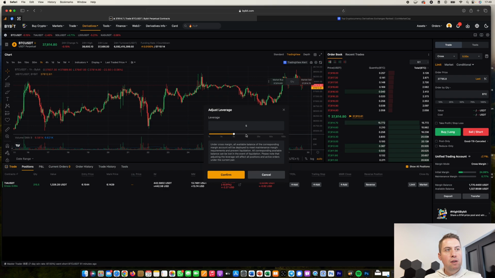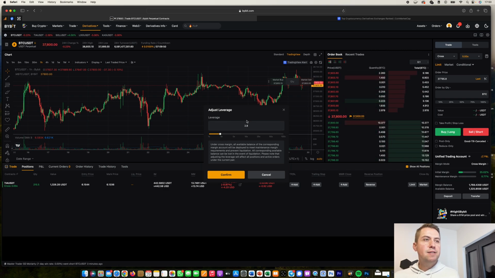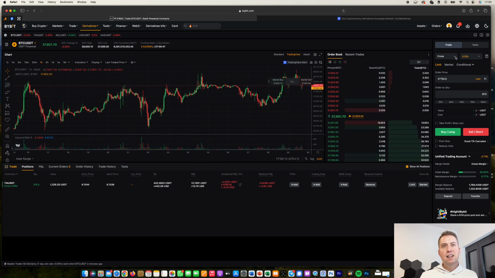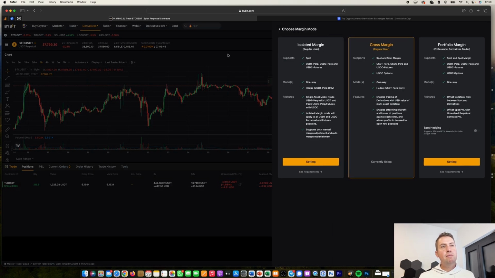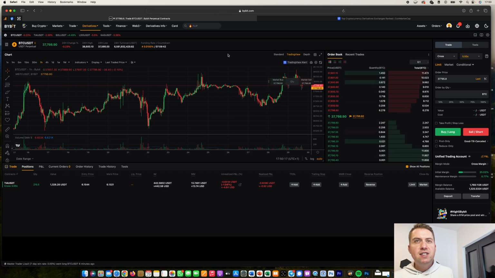If you use a leverage of 10x, you will get liquidated if the price runs 10% against you. So I would always recommend using a leverage of like 5x or so, or maybe less. So the highest for Bitcoin, you can use maybe 5x. For smaller cryptocurrencies that are a bit more volatile, I wouldn't go higher than 3x. And then you can select cross or isolated margin. And I would always go, especially at the beginning, with isolated margin.